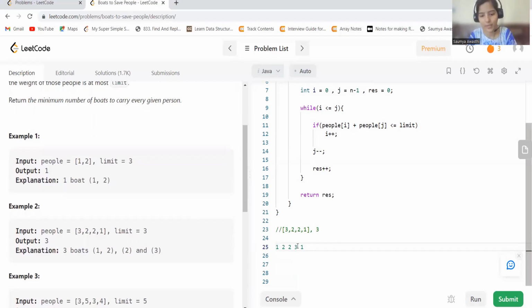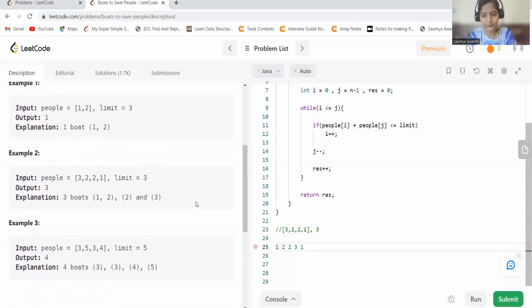So hence we'll be incrementing the count with 1, right? And as now we have taken 3 under consideration, j value will be reduced and j value will be pointing to this 2 now. Now again we'll see our condition is satisfied as of now. i value is less than equal to j. Now again we'll be checking the same thing. So i value is still 0 and jth value is pointing to this 2.